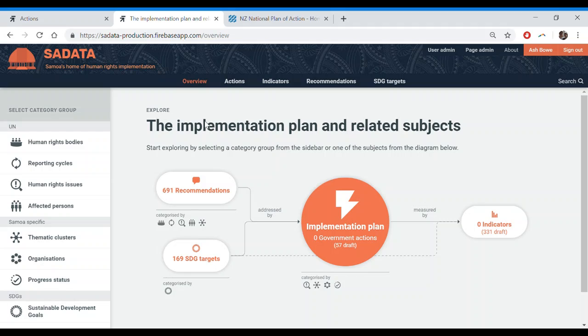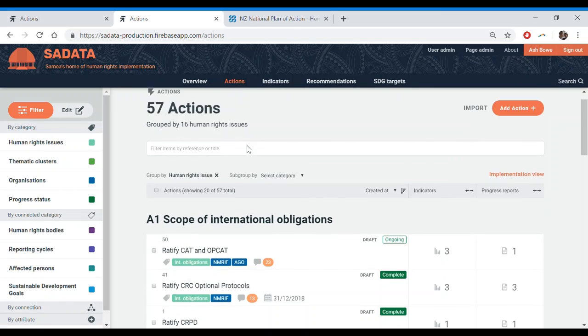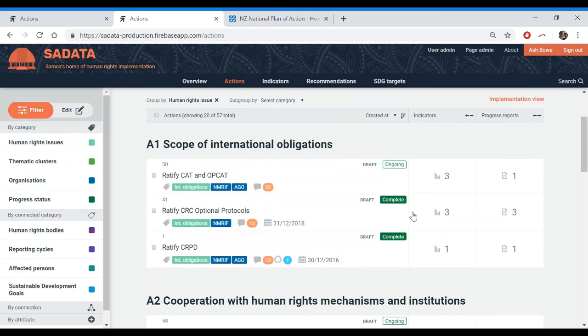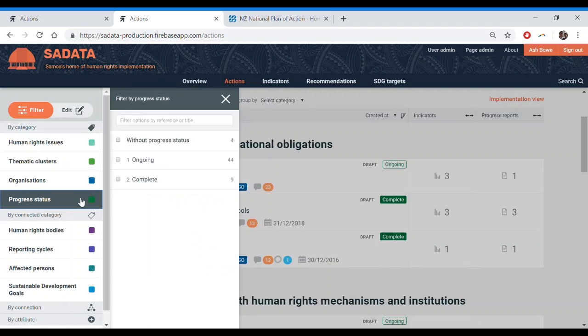One of the elements in Samoa is that you can mark actions as ongoing or complete. So you can filter your implementation plan by what's already been done and what's still to come,